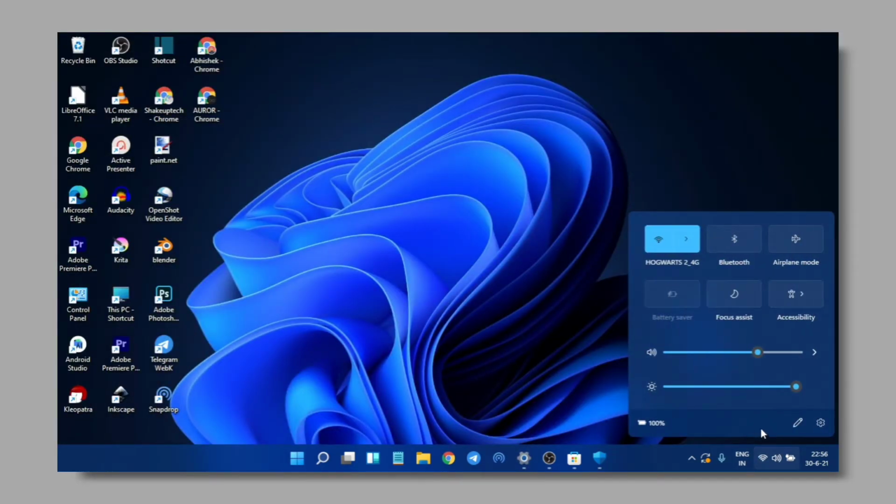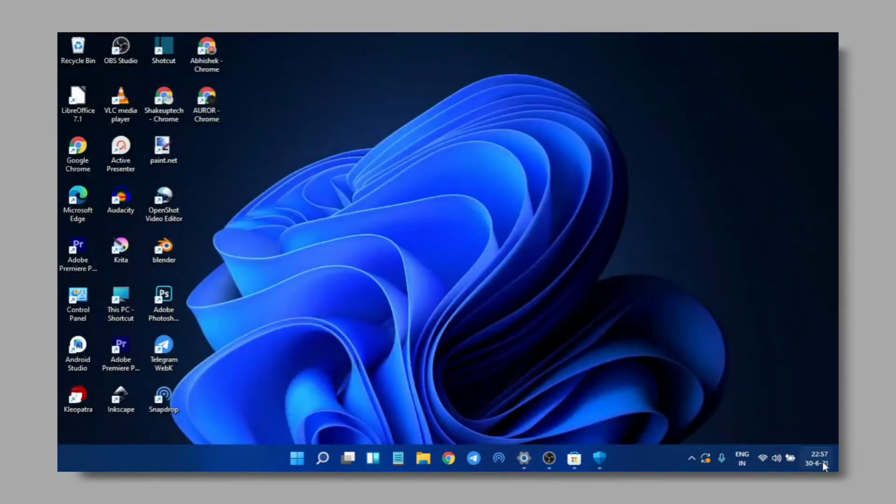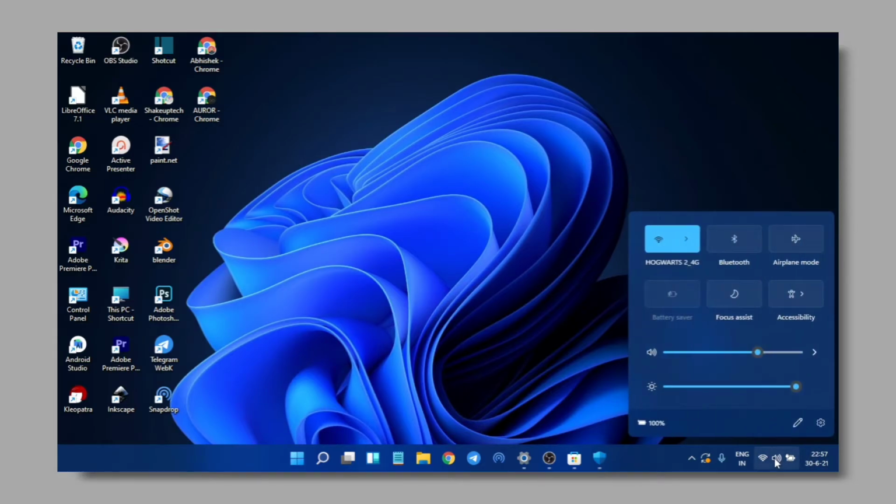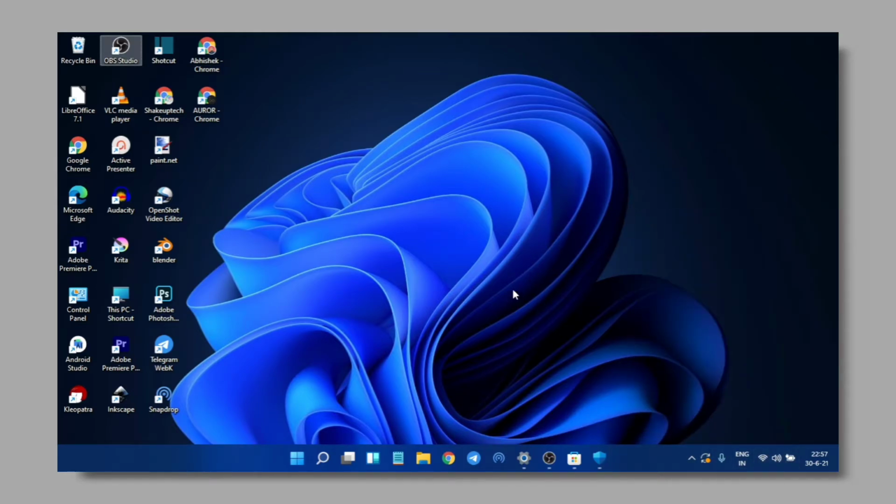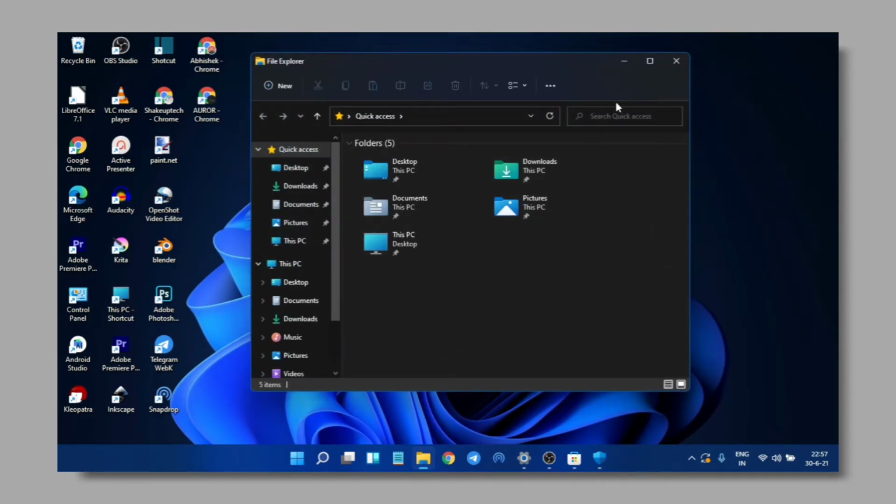Okay, so this is the quick settings, and you got focus assist and airplane mode and all those. You can also go quickly to settings from here. This is the calendar, and if you have any notifications, it will show up here as well. So for volume and everything, we have one control. You have one panel, so you don't have to separately go to a battery. These three are now combined, right? That is good. Now let me show you the file manager.